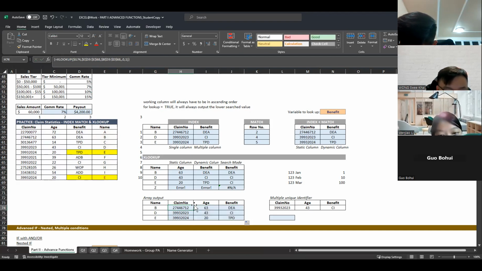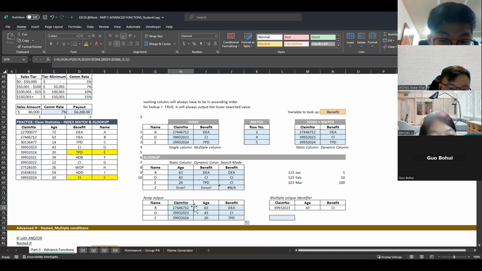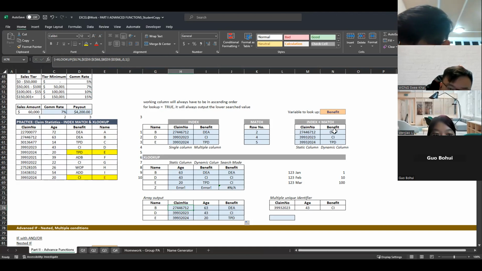So you see that XLOOKUP covers everything for VLOOKUP, HLOOKUP, and index match essentially. But if you're comfortable with doing V or H or index match, go ahead. There's no stopping you. No one is there to stop you. Of course, that's the more fundamental way to do it. XLOOKUP is like the new cheat code that they invented, if you understand where I'm coming from.